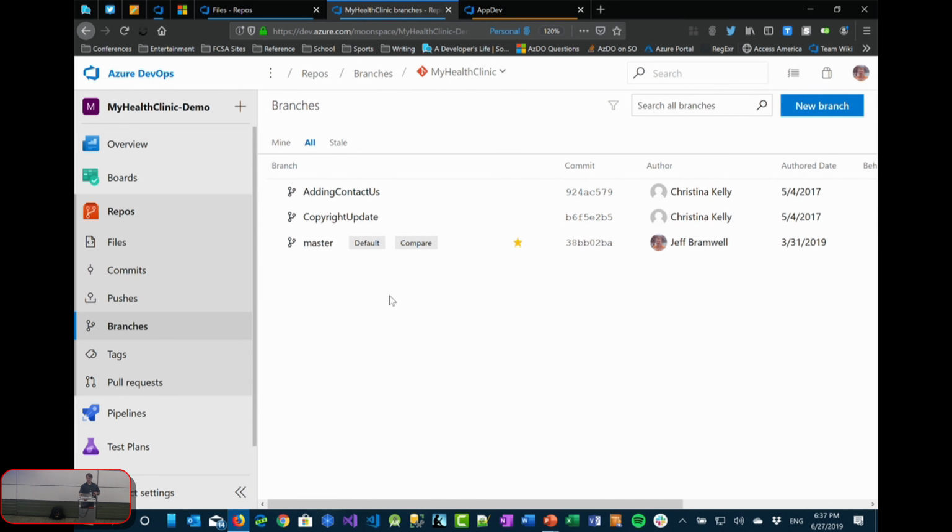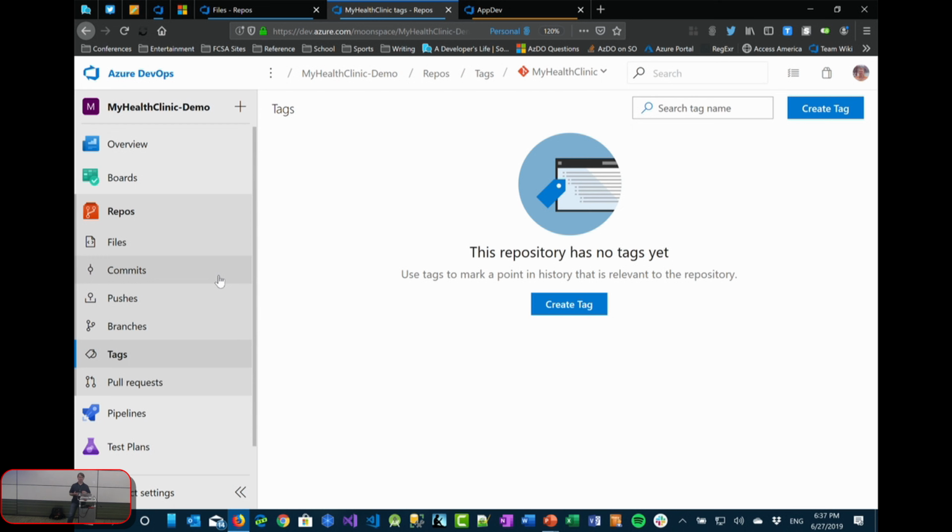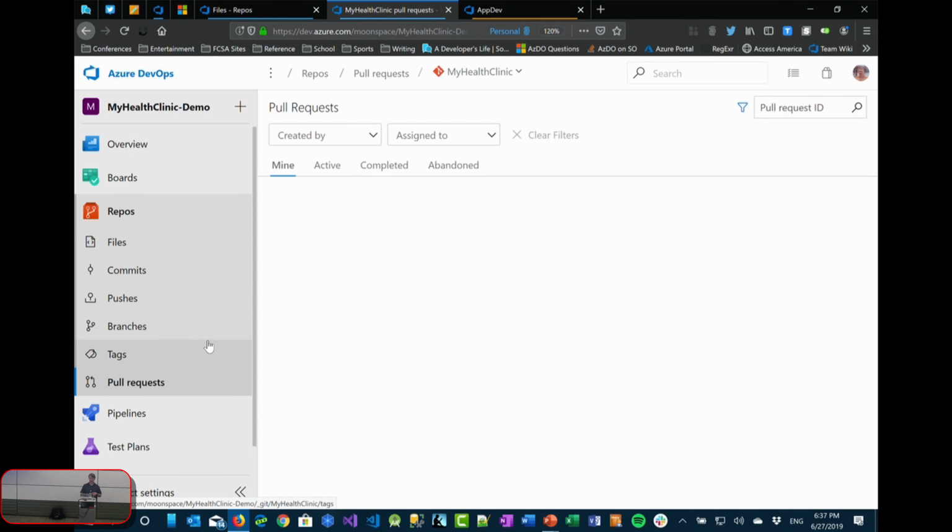So some branches here. And tags, there's no tags in this particular repo, but tags are essentially just a way to, literally what it says, tag your commit or source code at a certain point in time. It might be a version number or whatever the case is. Different teams use them for different things, but version numbers are probably one of the more common things.